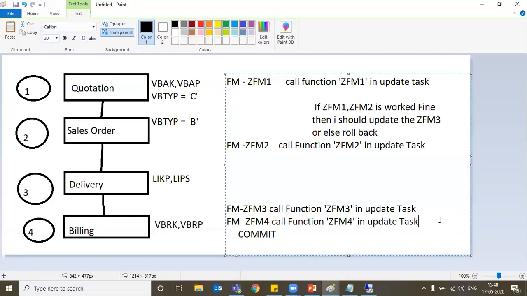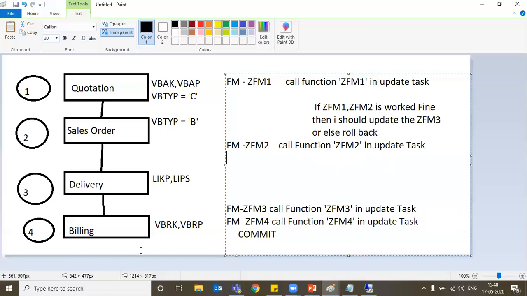Okay, got the point? So always remember, the update function module will be committed at the last. Here you can call this function module, and you can identify whether an error has occurred or not through your exception parameter, right? If an error has occurred, then you will roll back. That means all the steps will not be executed. If everything is okay, then at last you have to commit. That means the data is okay with step 1, step 2, step 3, step 4.